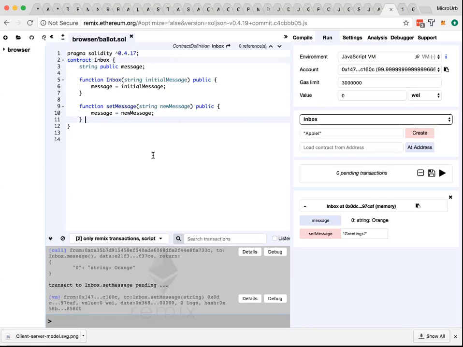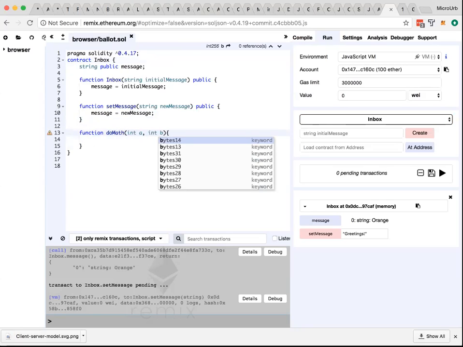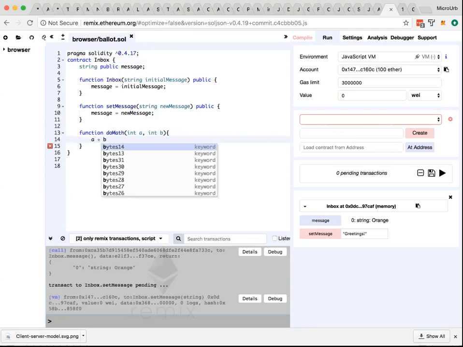Let's write an imaginary function here, and we're going to review the function in terms of gas or cost that it would take to run. We're going to create this function called doMath. And I'm going to pass in a couple parameters, int A and int B. And then in here, we're going to do A plus B,